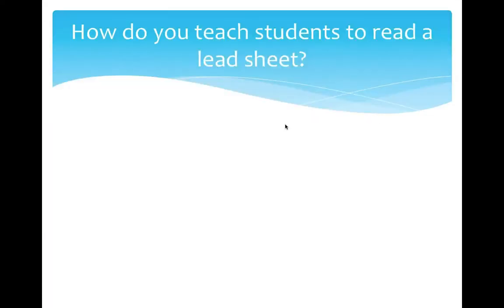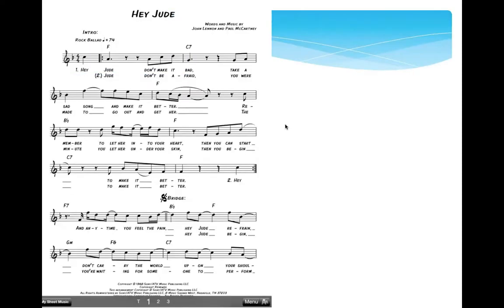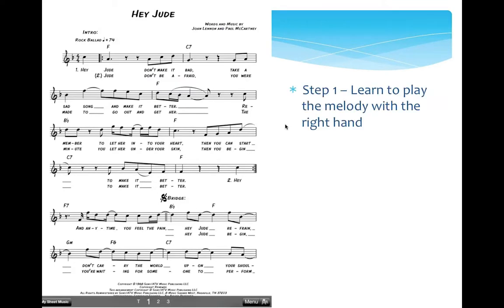There are a lot of lead sheets out there, very contemporary pieces or pop songs like from Coldplay, American Authors, Maroon 5. They have lots of music out there that the kids enjoy listening to. So how do we teach kids to read a lead sheet? Well, it's pretty simple. Step one,